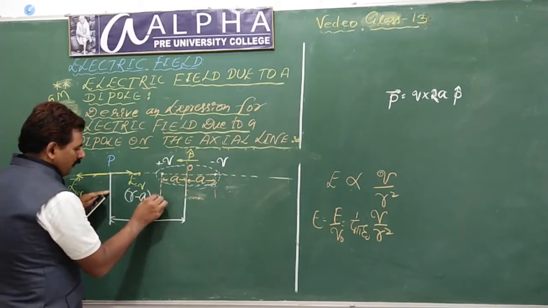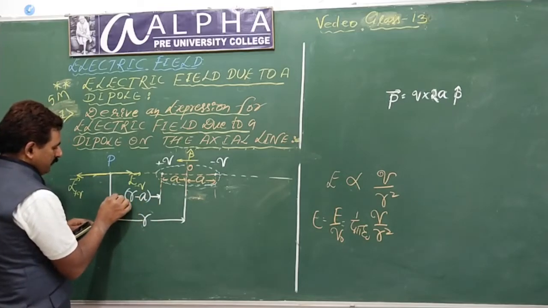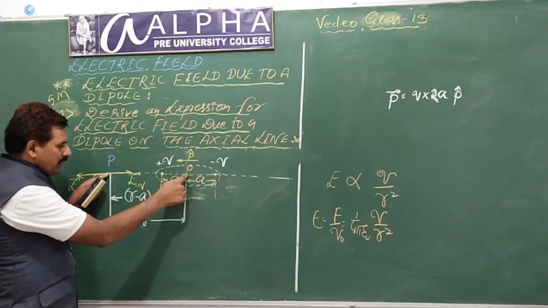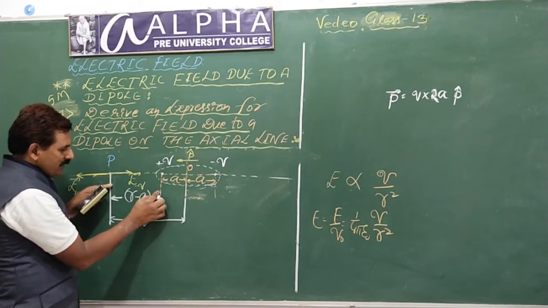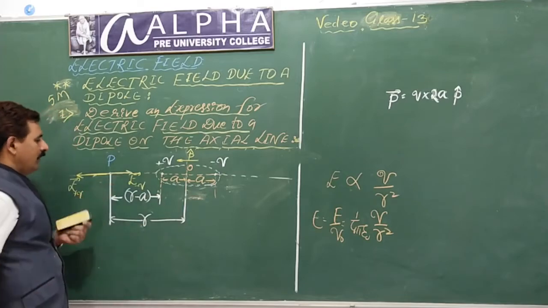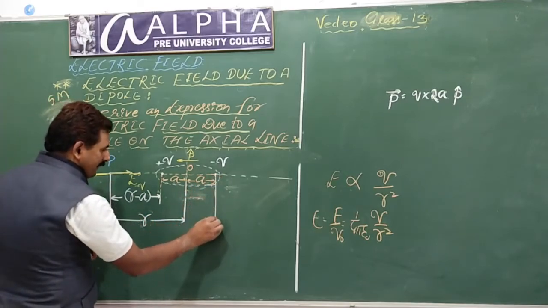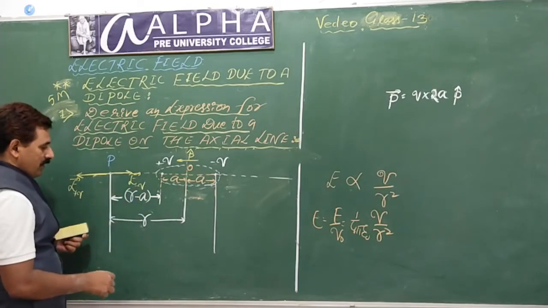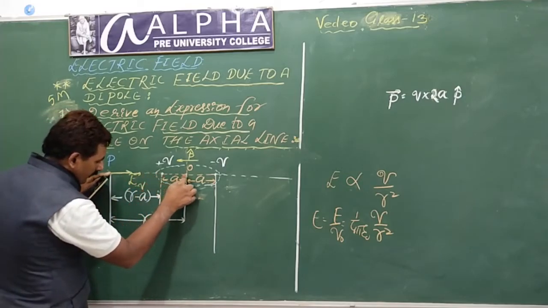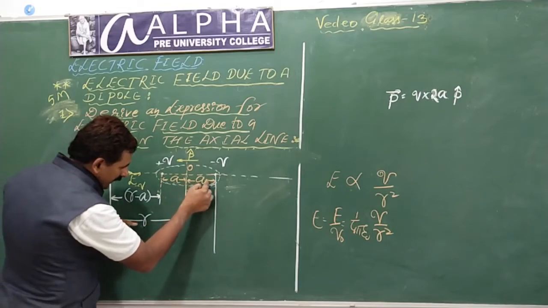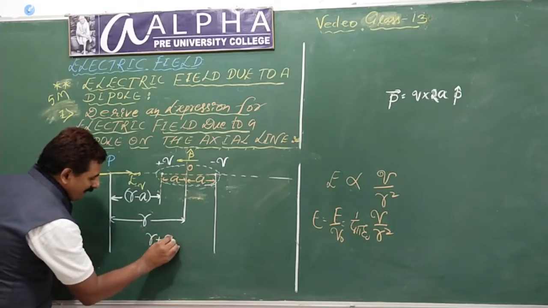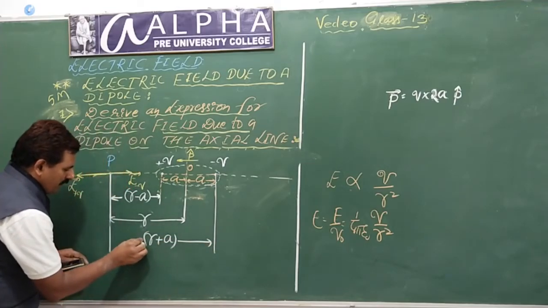You have done a lot of calculations like this in mathematics also. Right? Once again, very simple thing. Here to here r. This is a. If you want this much, this is a part of r. The remaining is a. If you add this and this, you get r. Okay, fine. Now, come to this point, that is minus Q. What is the distance of the minus Q charge from P? Till here r, further a. That's why r plus a. It's not such a great idea. Simple one. All of you can easily follow, right?